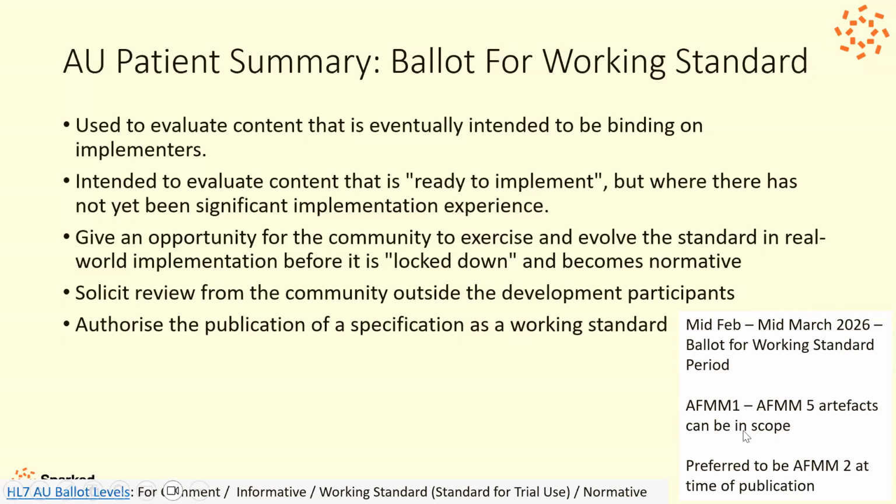In this one, there's a little bit of a difference about the maturity levels, where it can't just be draft 0 anymore. It has to be at least AFMM1. If we get time, I'll just cover that at the moment, or actually coming up. Otherwise, we'll talk about it later. But by the time we go to publication, we want to be at the maturity level of AFMM2. AFMM stands for Australian FHIR Maturity Model. So they're different levels from 0 through to 5. So that's the two ballots that are kind of our big milestones for our project that are coming through.